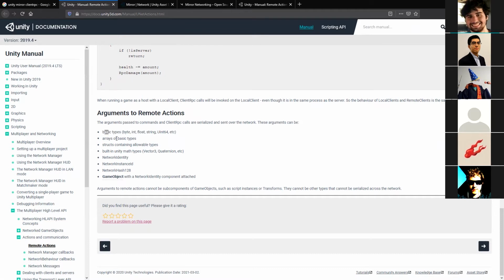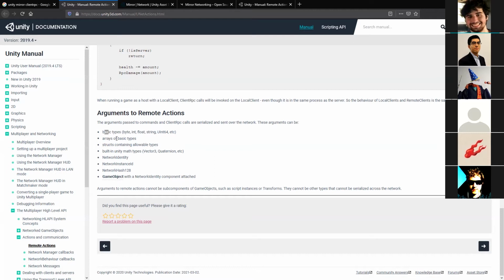So you're writing code and you want to give it the mesh and the material, and that won't work because you can't network that. That's a more complicated question, because those are assets and those need to be downloaded.